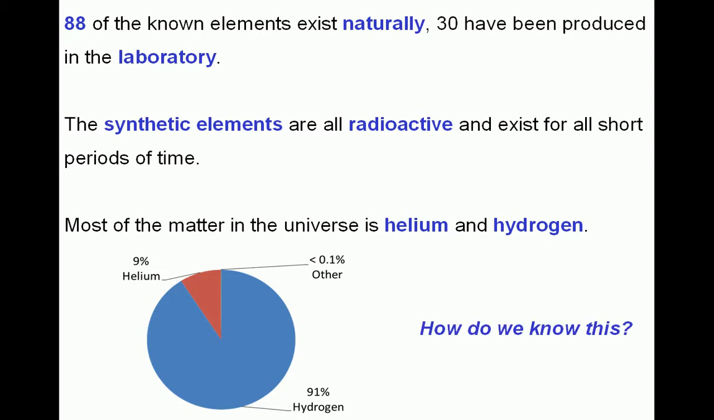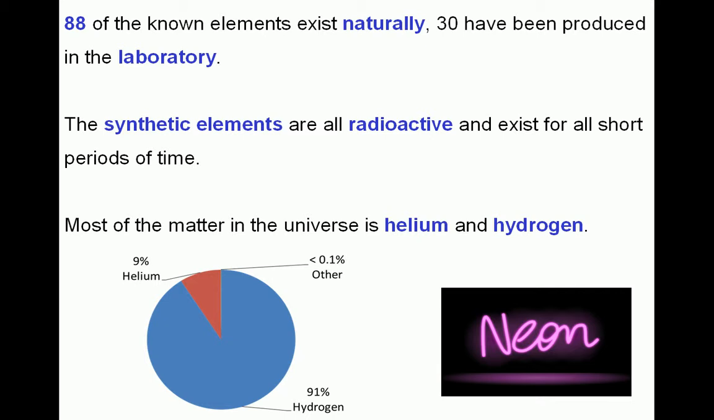Well, we know this because we can examine the light that comes from stars. And the light that is emitted from a gas when it is glowing is characteristic of the atom types contained within that gas. So you've probably all heard of or seen neon tubes, and neon tubes are filled with neon gas, and when those tubes are energized, it gives a characteristic pink glow, and this is the characteristic pink glow